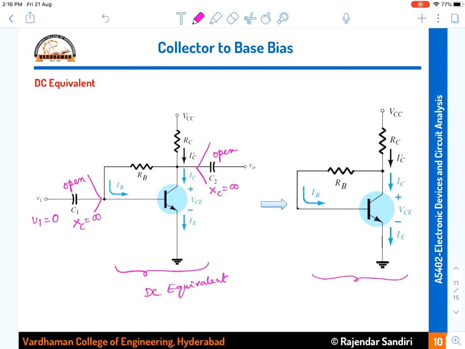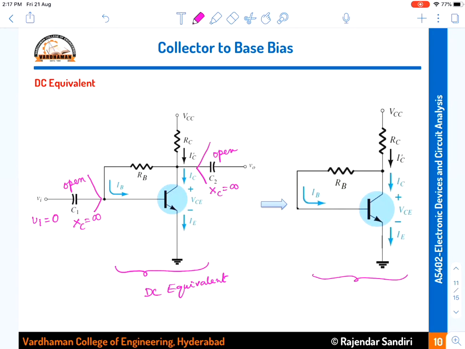I hope you are understanding. So DC equivalent means AC is not considered. AC equivalent means DC is not considered. But both are available for the amplifier circuit. We have to independently analyze the circuit for DC separately and AC separately. But we will again merge those operations and those effects together, and we can visualize. So for visualizing the behavior of AC and DC on the circuit, we have to analyze independently, separately. Okay, but both are simultaneously occurring in the transistor operation while it is used as an amplifier.